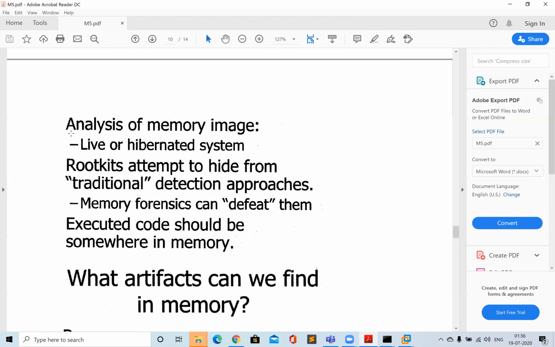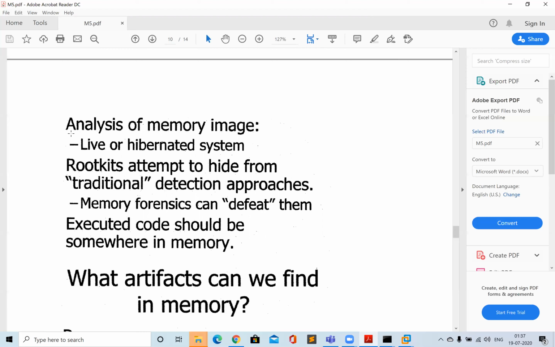Now let's see why it will be helpful, because there are a lot of malwares, as I told, like rootkits, which exist only in RAM memory. The powerful feature of a rootkit is that suppose you run Process Hacker or Task Manager, the rootkit can fool those tools and hide its process. So if you run Task Manager, you can't see that the malicious process is running. It fools the Task Manager into thinking that process doesn't exist in the system, but it will be running inside the RAM. These are the conditions where RAM forensics will be very useful, where you can see the hidden process running in memory.